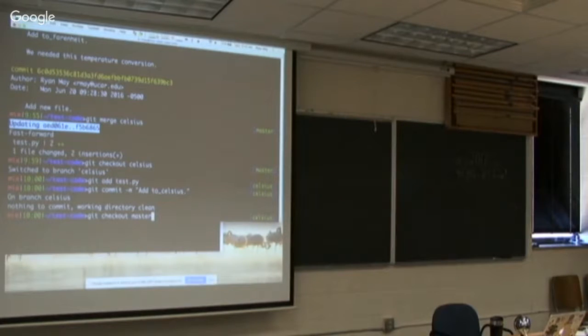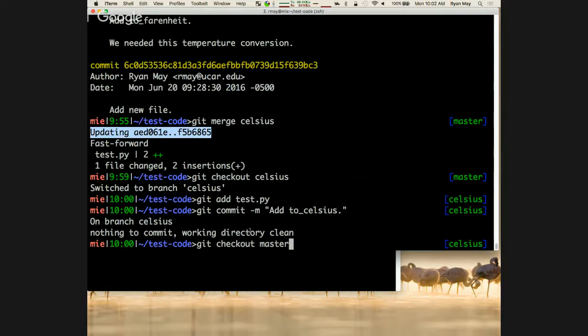Okay, it's there. Now git status comes up with a message that says, can't merge this thing. There's a chance that you're trying to merge a branch that doesn't exist. There's maybe a typo or something like that.